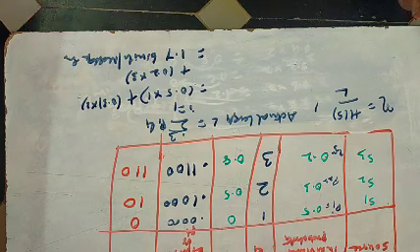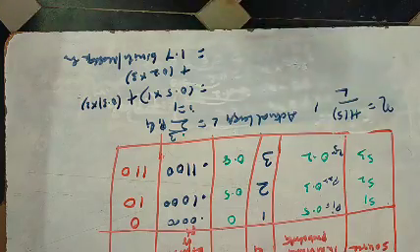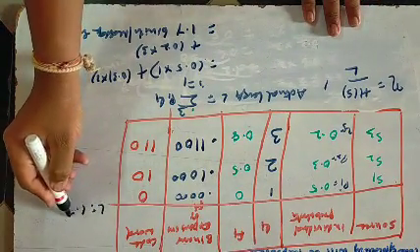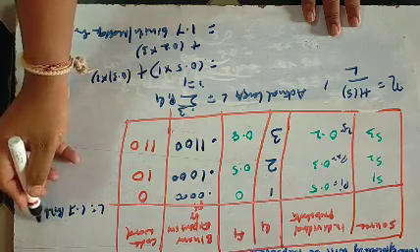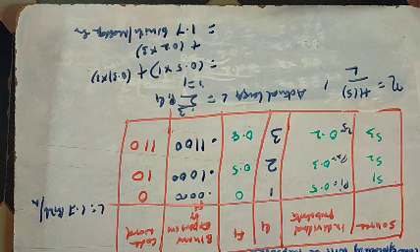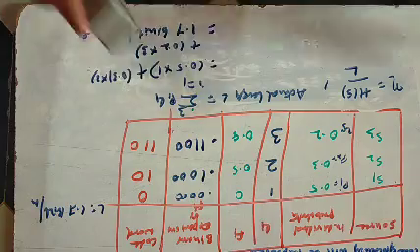Okay, I will get the L as 1.7. I will note it separately. Here I will write L is equal to 1.7 bits per message symbol. Then I will use this to find the entropy.